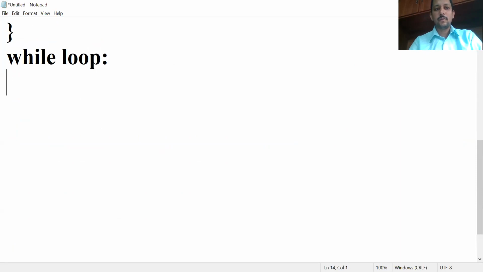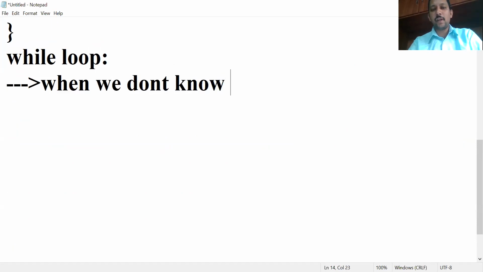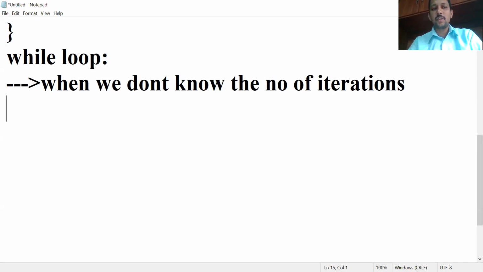You know, we are using while loop when we don't know the number of iterations. When we don't know the number of iterations, then we are using while loop.